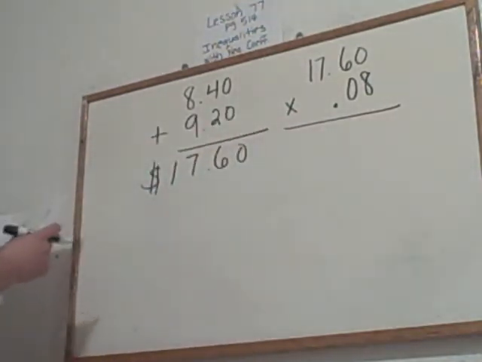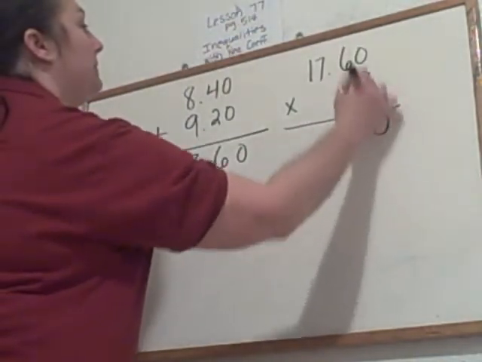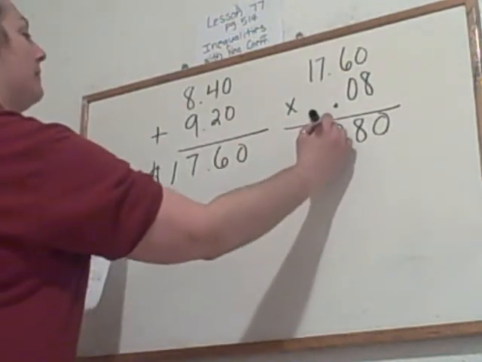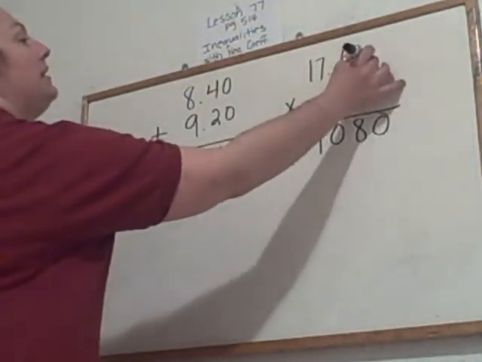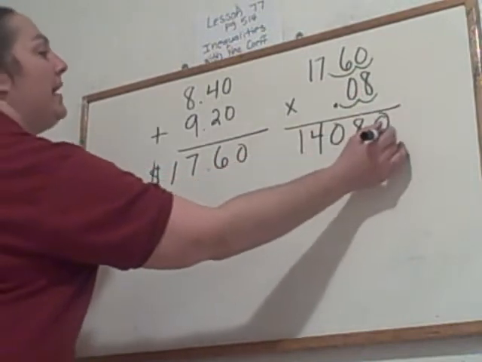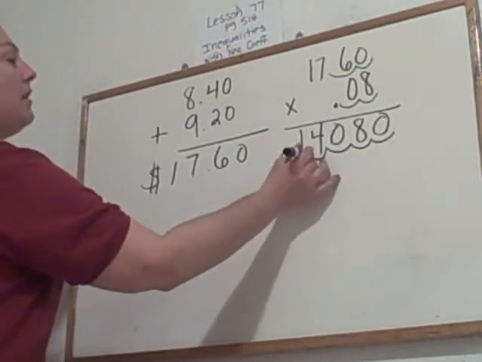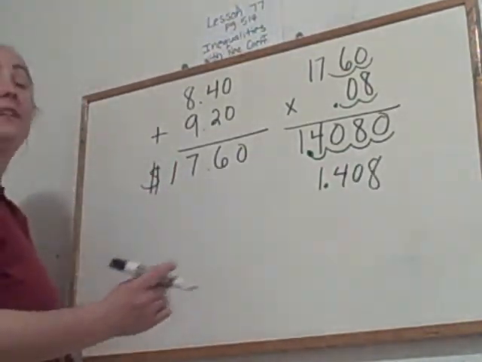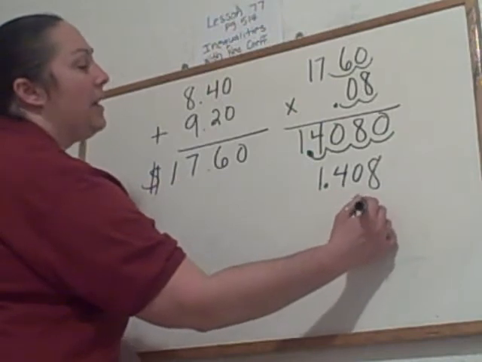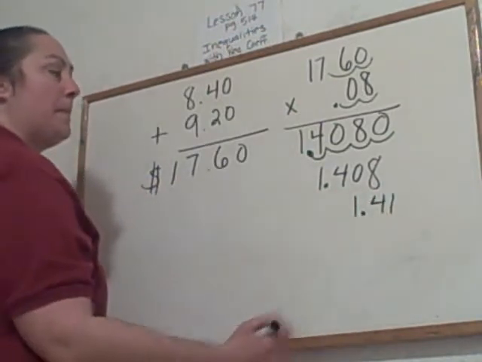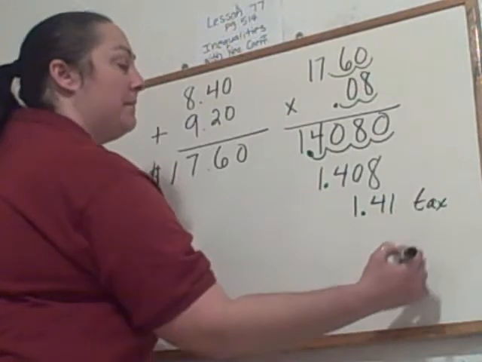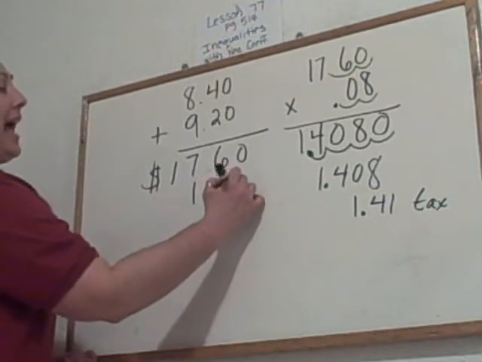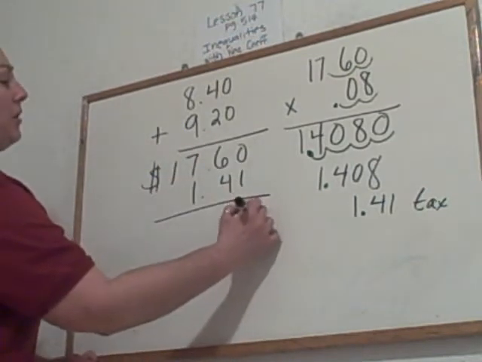When I multiply those two numbers times each other, remembering to move the decimal 1, 2, 3, 4 spaces, I get 1.408. Rounding that to the nearest cent, it becomes 1.41. This is the amount of the tax. I take the total that the people ordered together and add in the tax to get a new total